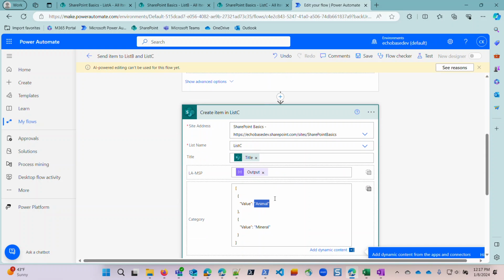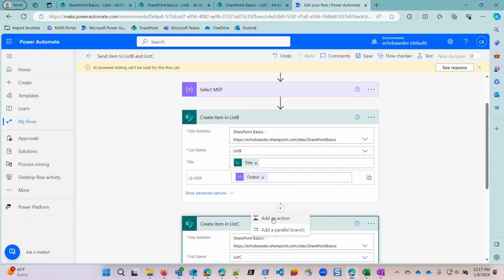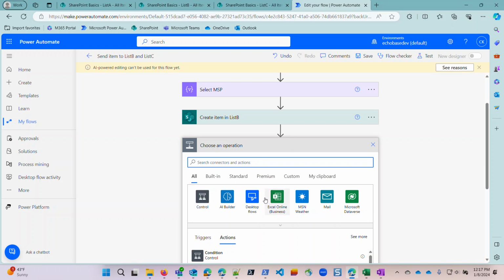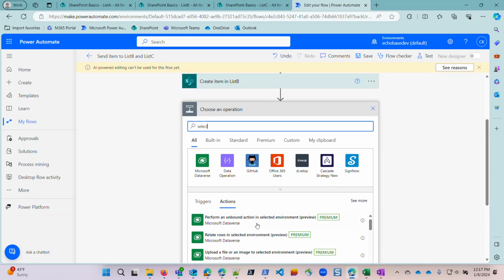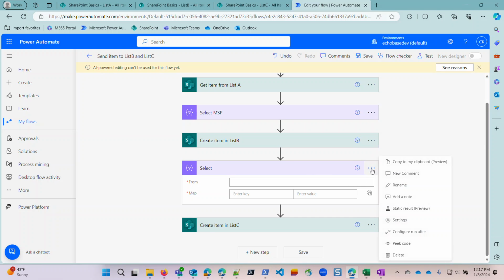So it's going to be similar. We're going to need a similar select action. So let me go to add an action, and we'll add that select action again. And this time we will select